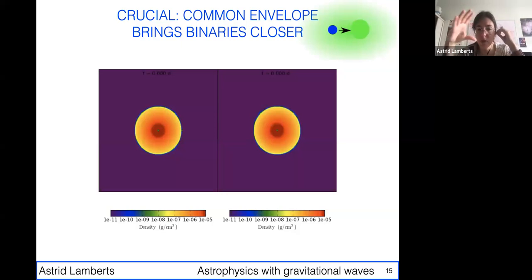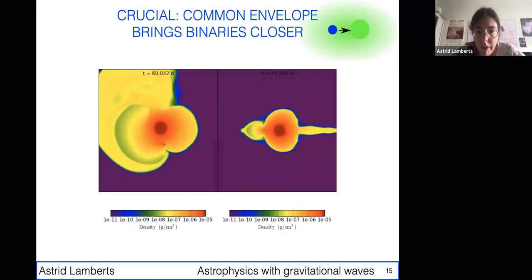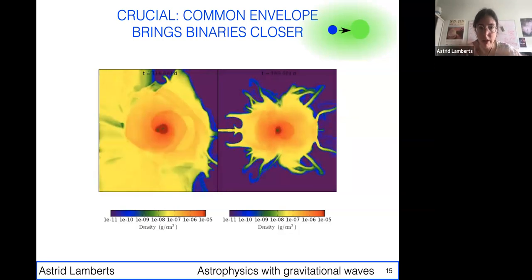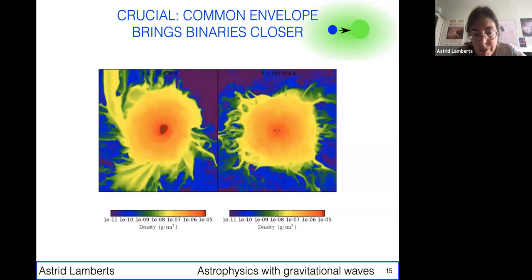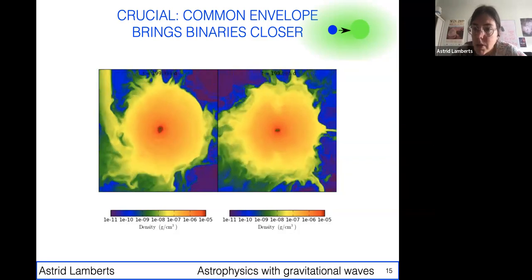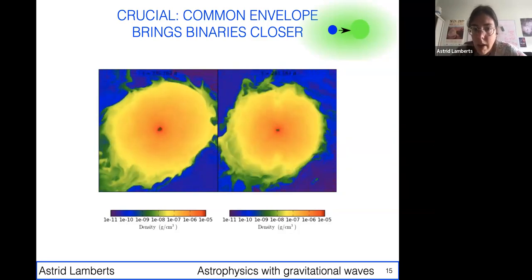The giant star is obviously the biggest one, and you see the companion is the tiny green dot on the right. And on the other picture, we see it from the side, and you see the evolution. Very quickly, the orbit shrinks. A lot of material is being expelled, and the two objects get much closer to each other.